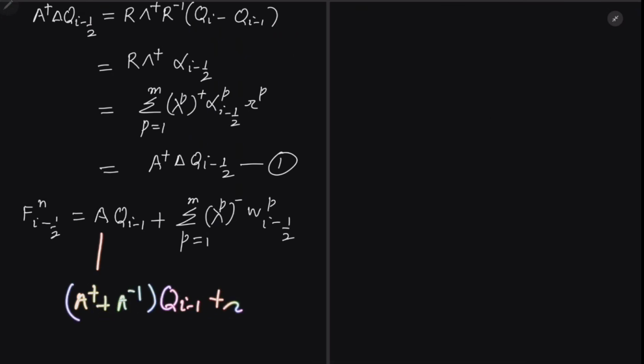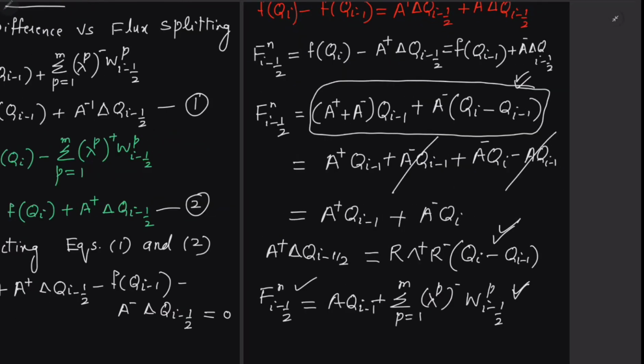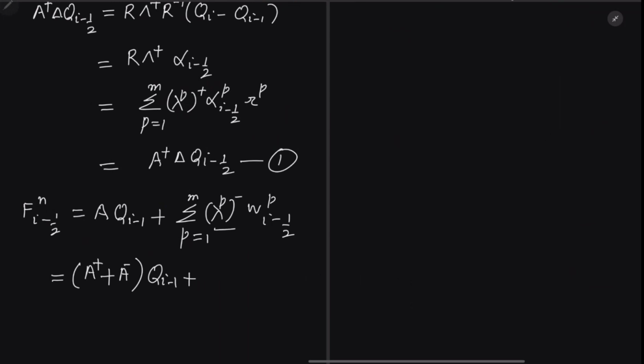Let me just sort out plus, and then we have, for example, A minus, and so we have A plus A minus qi minus 1 plus, and we have, for example, this is for matrix form,